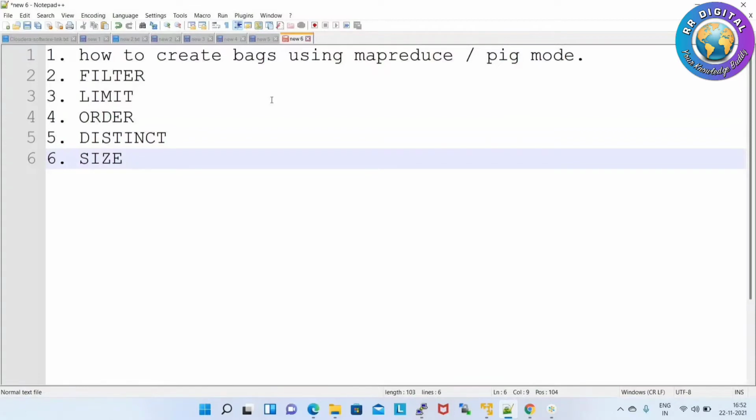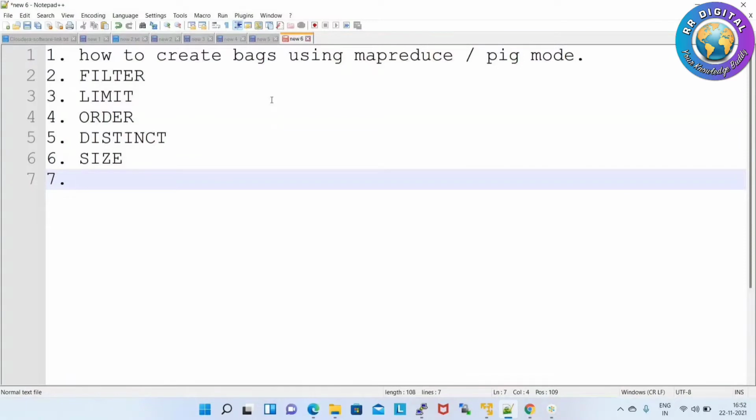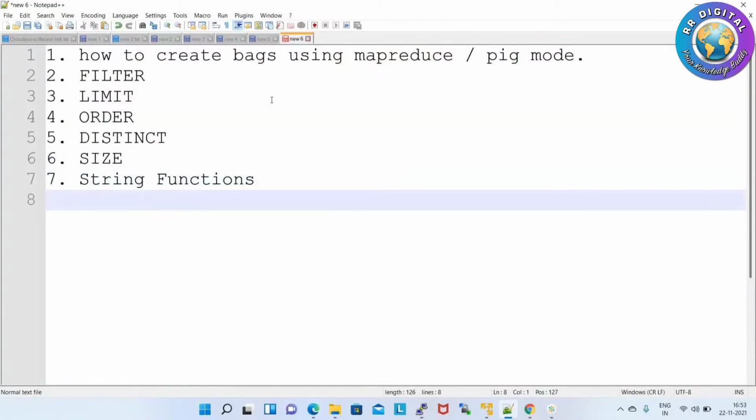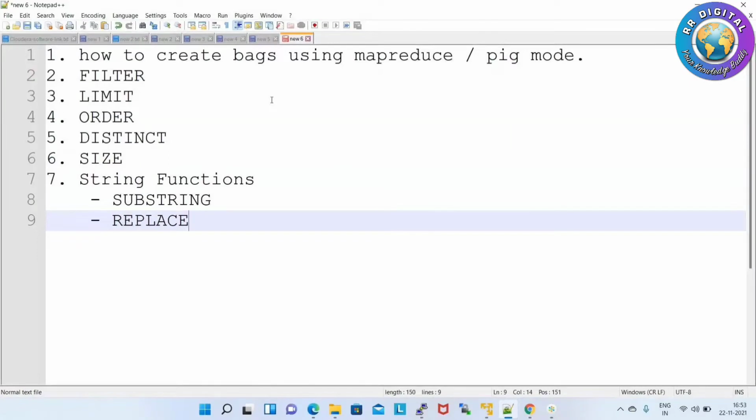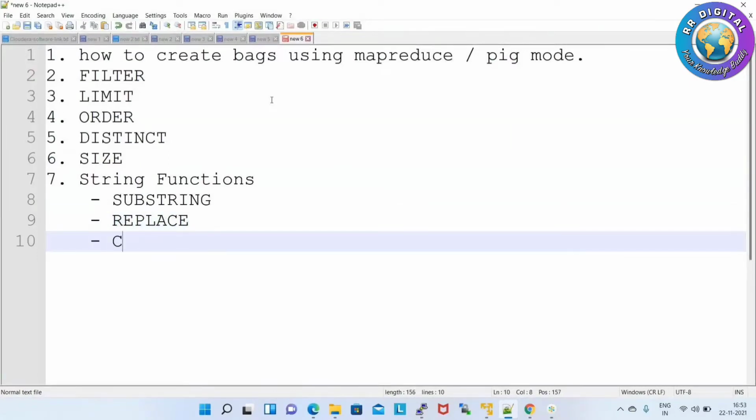Length means how many characters each word has, like 5, 6, or 7. Here, instead of length, we have to use size, and then we have string functions.